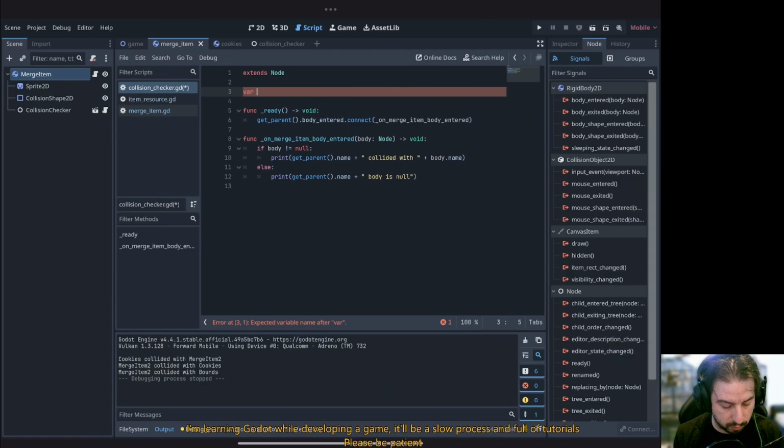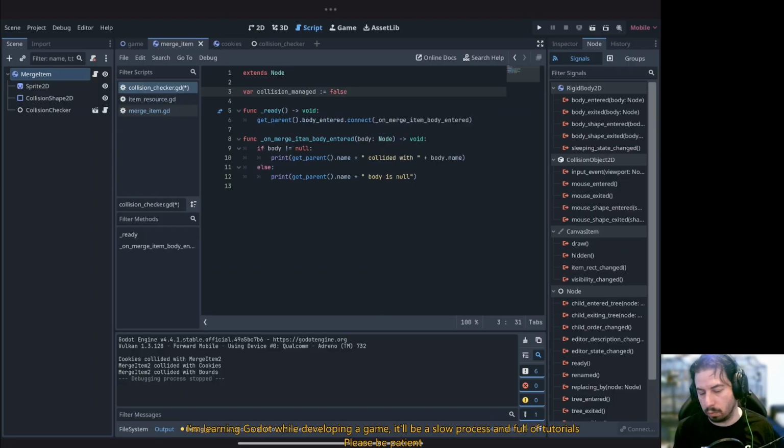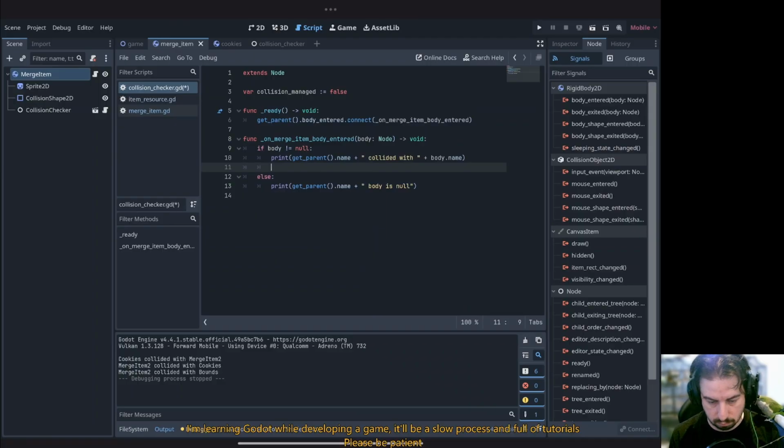And that's why I will create this collision manage, because right now we don't have any managed collision. So let's check if body is not null. Body is never null, but we can check that as well. And body is merge item. So if body is merge item,